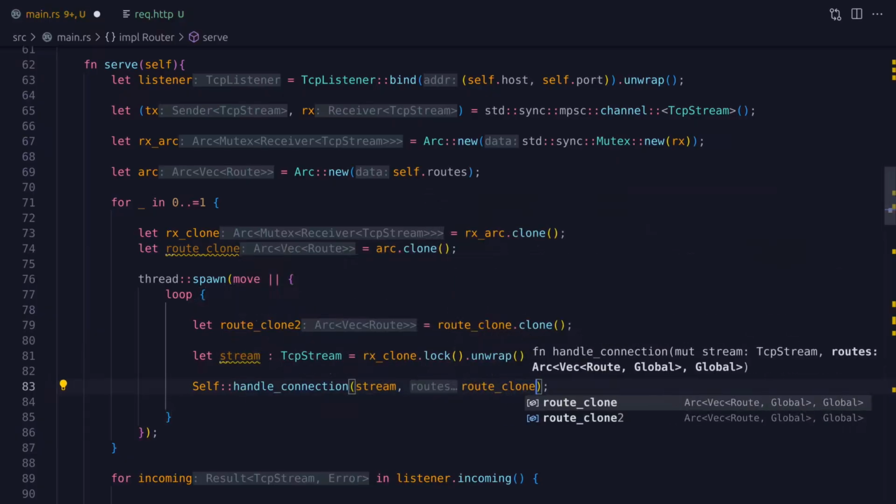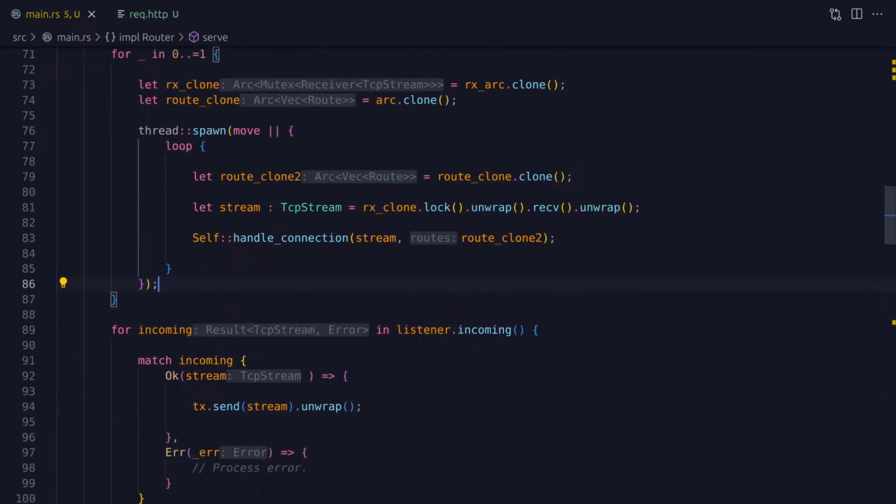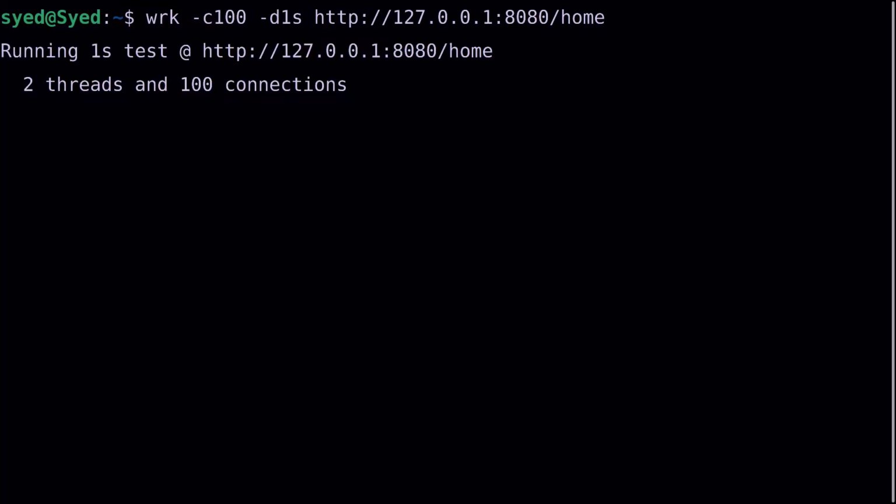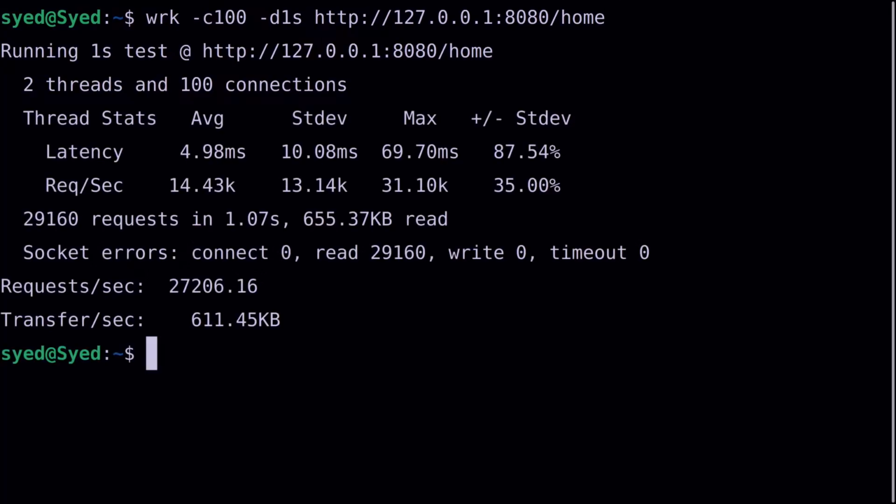So with that, we've just completed a very basic thread pool. But before we start testing, let's print the thread ID to confirm that only two threads are active. Now with the same parameters as before, let's test the server and hopefully we should get more requests per second